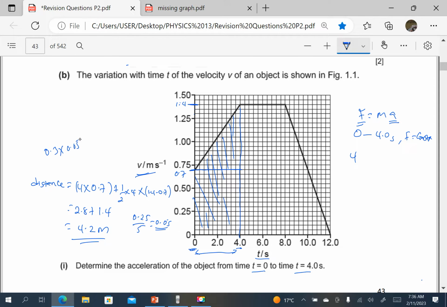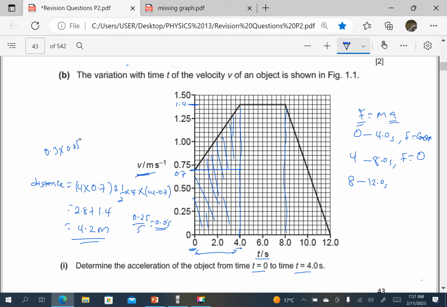Then from 4 seconds to 8.0 seconds, you see that the acceleration between 4 and 8 is 0 because the line is horizontal. Remember, from a velocity-time graph, the acceleration is the gradient. From t equals 4 to t equals 8, it is a horizontal line whose gradient is 0, meaning if the acceleration is 0, the force is 0 between t equals 4 and t equals 8. Then from t equals 8 to t equals 12 seconds, again, this is a deceleration,